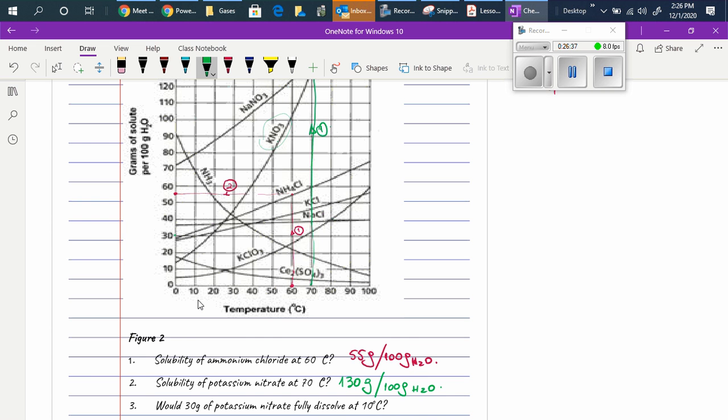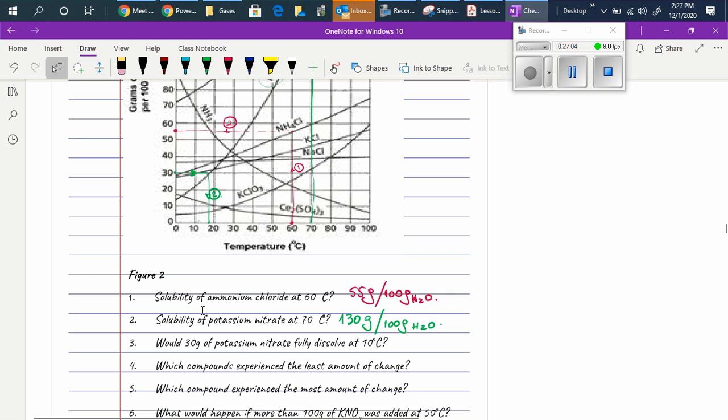So 30 grams is somewhere in here. And then we will see what is the temperature at which this is fully dissolved. So it will be something like 18 degrees, which is greater than 10 degrees Celsius. So you can say no,